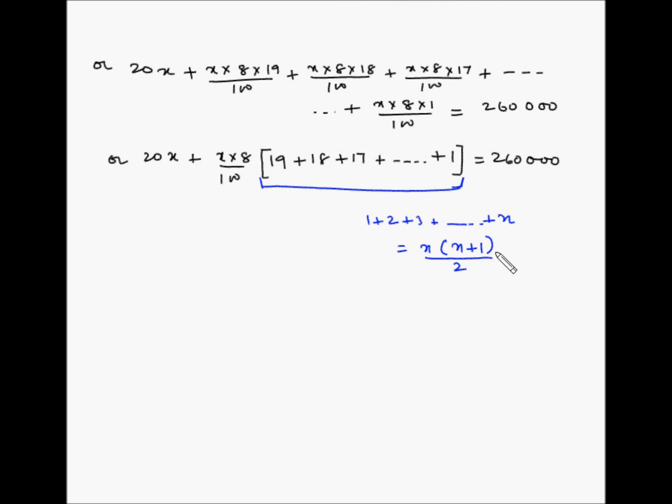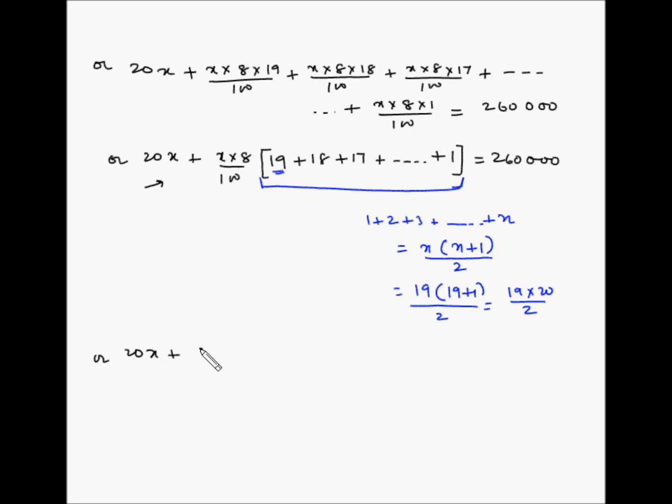So this here will be equal to, n is 19, so 19 multiplied by 19 plus 1, which is 20, divided by 2. So this is equal to 19 multiplied by 20 divided by 2. So our equation now becomes